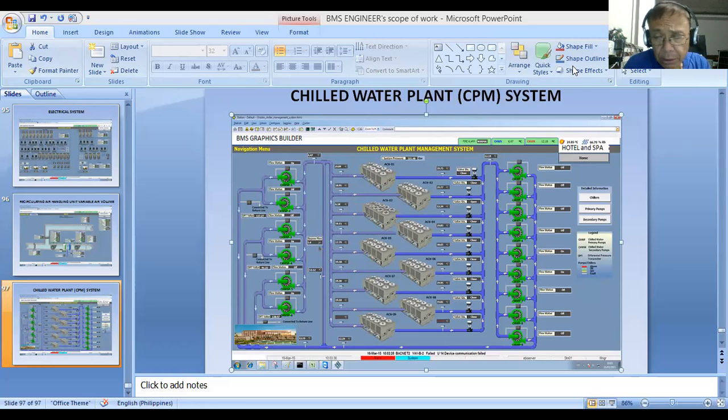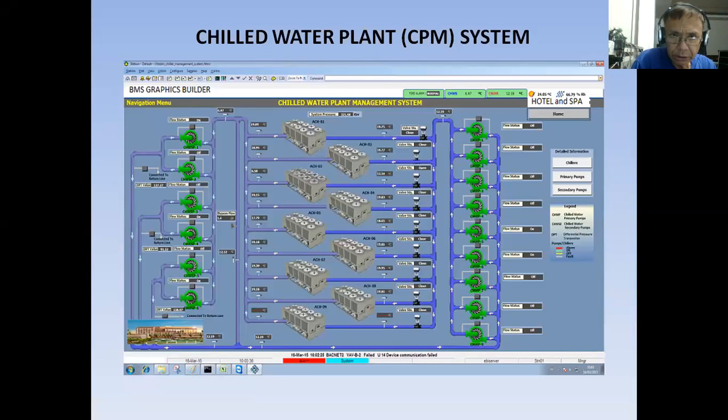Now, this morning, what I'm going to do is discuss one of the important systems in a building. This system is called CPM, Chilled Water Plant System, or Chilled Water Plant Management System.